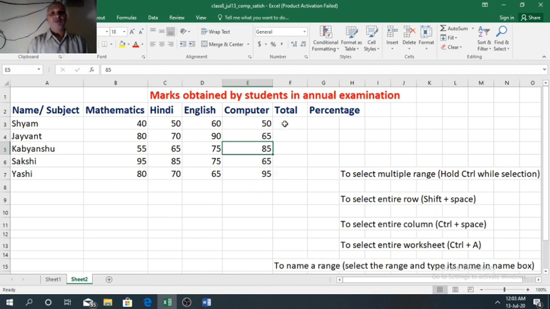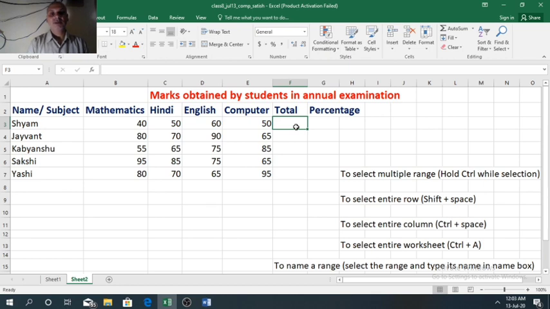Our objective is to find the total of these 4 marks for all the students. In the last video I had explained how to find the sum of different values.